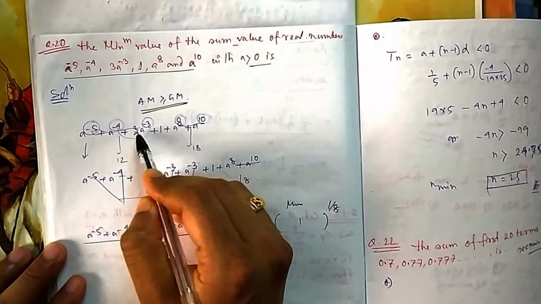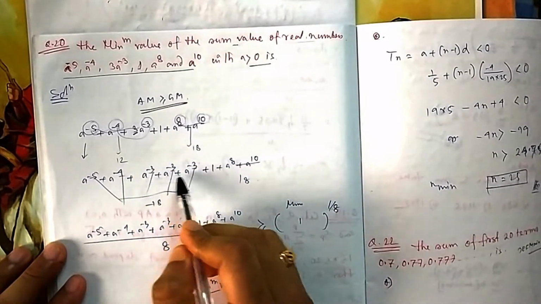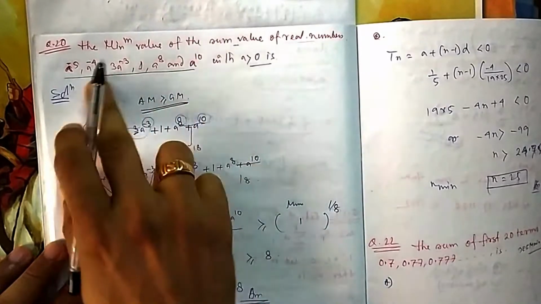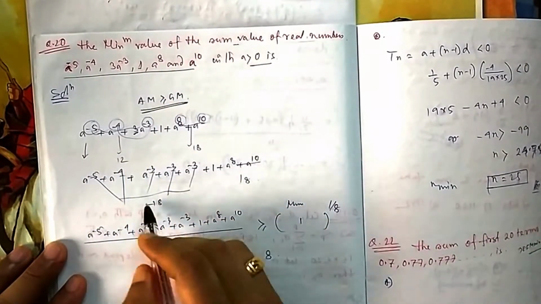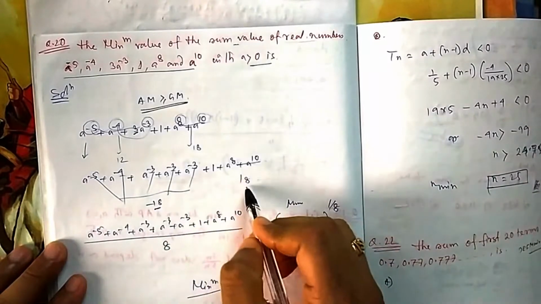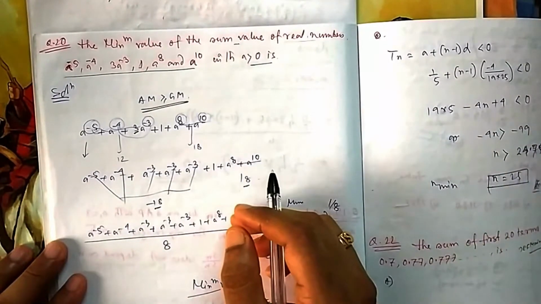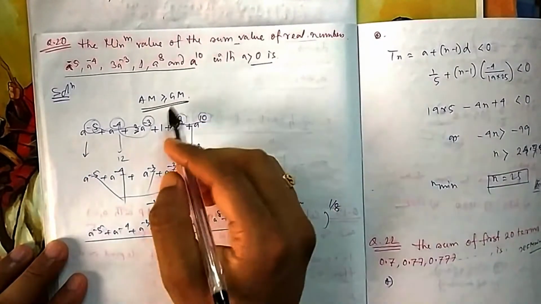But because it is 3, if I write it 3 times, A by 3, A by 3, A by 3, because they are asking the summation. Then the total power of A is 18, total power is 18. So if you take the product, the powers will get 0. So you can apply this one easily.